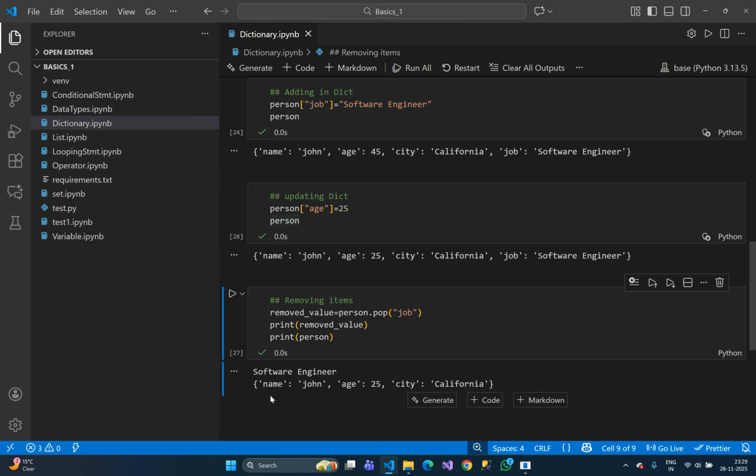And now we see the current dictionary has name, age and city. Okay, the job is removed. So using pop we can remove the items. Okay,